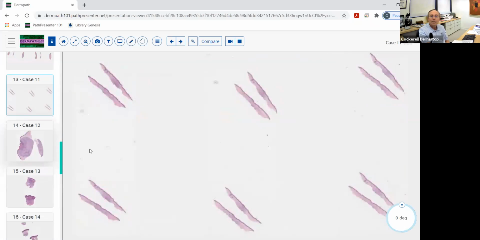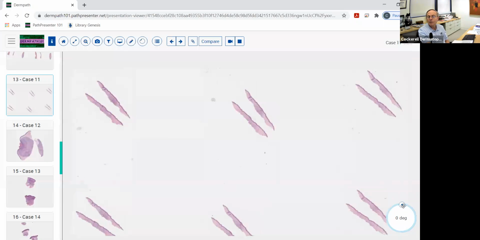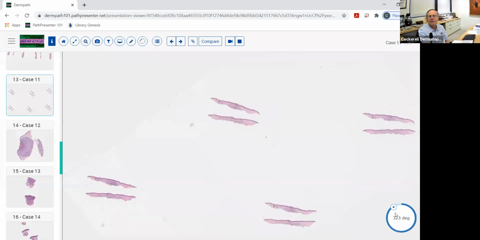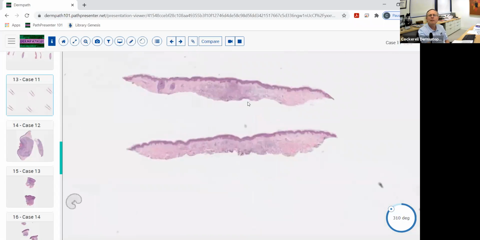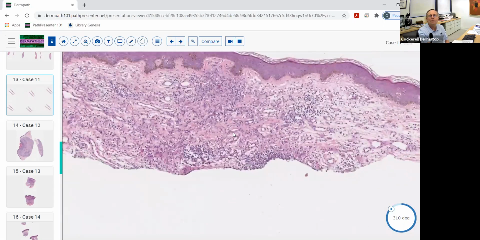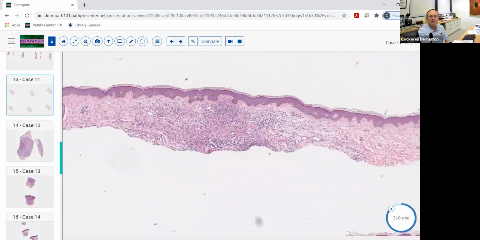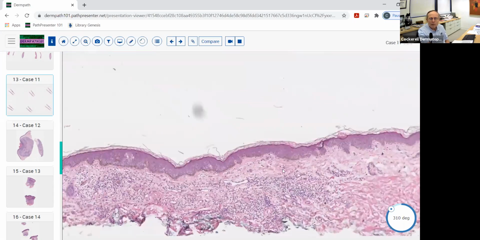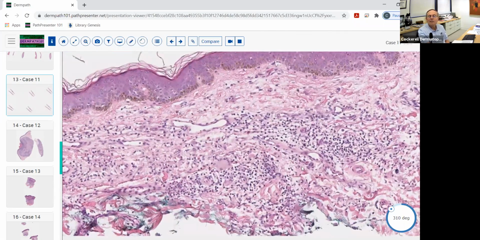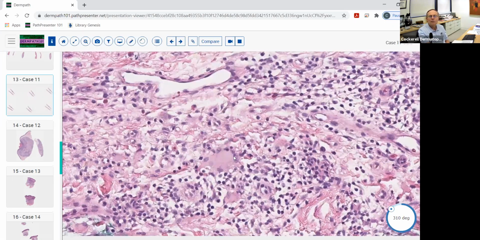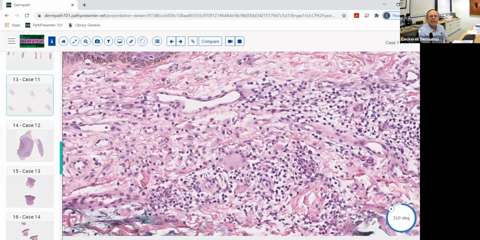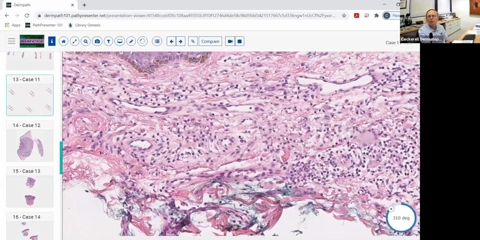Okay. Now this is another entity that's kind of curious. Unfortunately, it's a superficial shave biopsy. And yeah, it's just hard to see a lot when you get something that is just superficial, but we actually were able to render a diagnosis in this case. I'm not sure how we were able to really do that. But you can see that it's got these numerous blood vessels here, and it's got these large sort of cells. They're not really histiocytes. There's like an angiomatous component, and there's this histiocytic component. And they're multinucleated. So this is what we call multinucleate cell